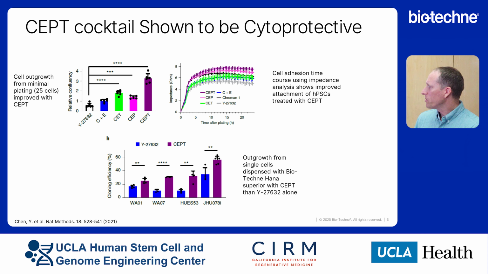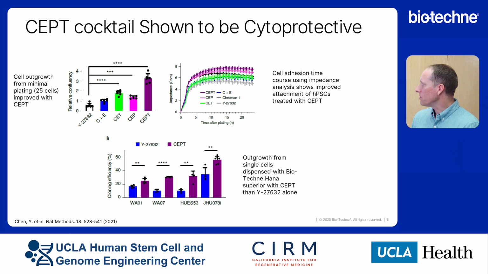They generated some experiments with different combinations and compared these to the traditional approach of using Y27632. In this first experiment on the far left, they did an outgrowth experiment with a minimal plating of 25 cells in a well, and they compared the CEPT cocktail with variations of CEP or CET or just CE, and also compared it to Y27, and found that the CEPT cocktail had a better outgrowth efficiency with these minimally